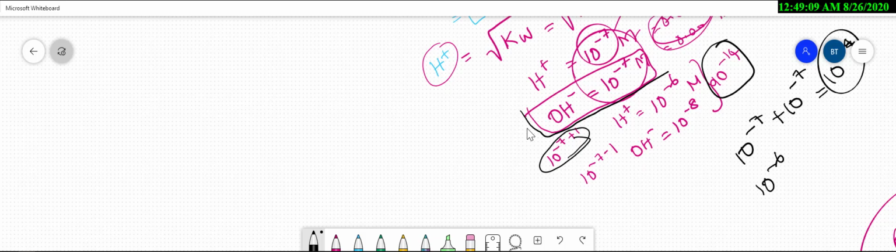And in the same way, if you decrease this value 10 power minus 7, if it becomes tenfold decreased, here it means tenfold increased, here it becomes tenfold decreased. So tenfold decreased means 10 power minus 7 minus 1. So it becomes 10 power minus 8. Then 10 power minus 8 means the concentration is decreasing. Then it tends to become a base. So the OH minus value is increasing, 10 power minus 8.